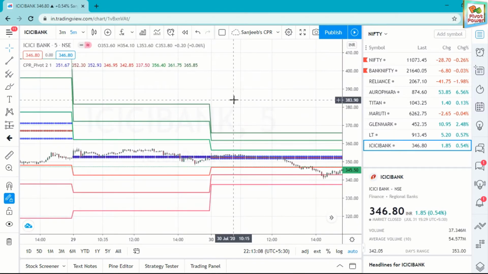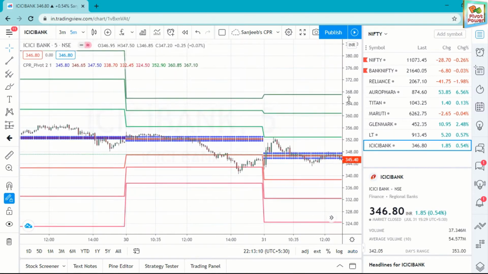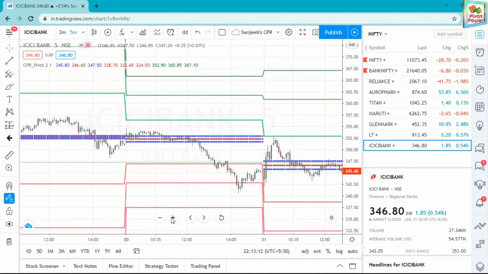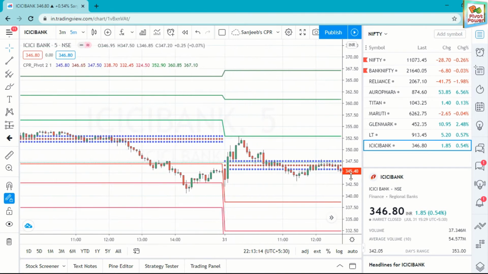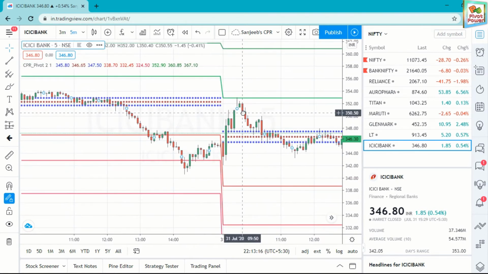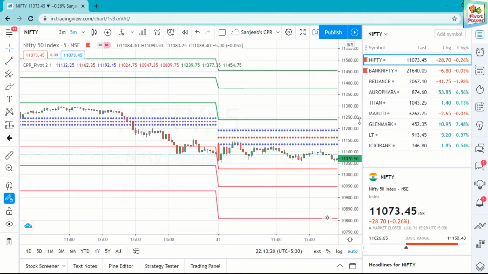It will come for anyone. You can adjust here according to your visibility. Let's go for the Nifty only. I only trade on Nifty and Bank Nifty because of volatility and liquidity.